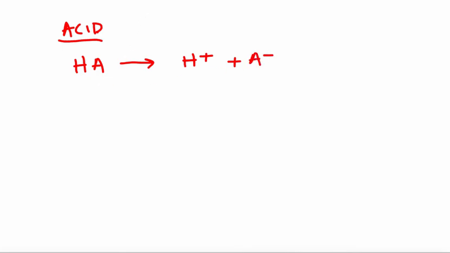And the dead giveaway for us is the acid starts with a hydrogen. This particle that it dissociates into, that we consider the acid particle, is the hydrogen ion. Sometimes it's referred to as a proton, but we're just going to call it our acid particle, and its name is the hydrogen ion. Okay? Now for a base, the way to tell that we're dealing with a base is most often a base